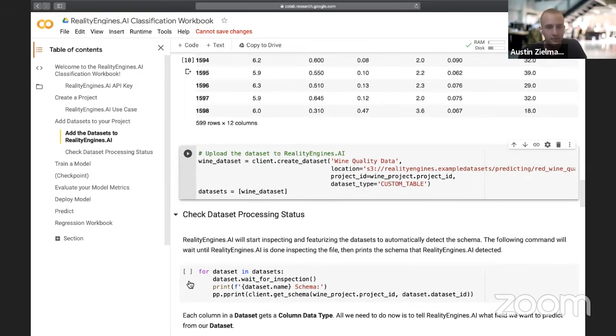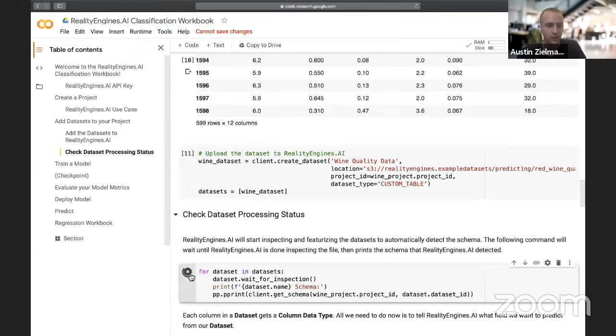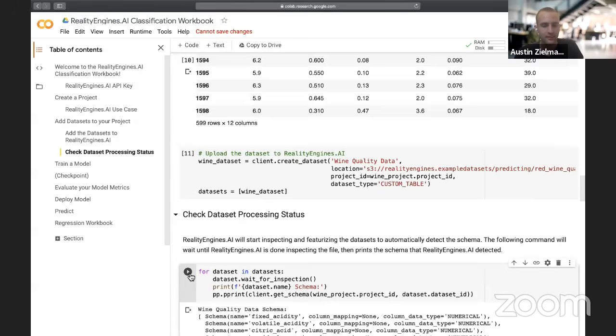And so now that we've created the datasets, Reality Engines will go ahead and start reading the data from that location, and it will start processing the data inside of it, featurizing it, and automatically detecting all the column types. And so if you hit play on the next box, you'll see that